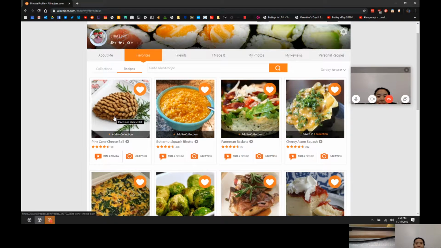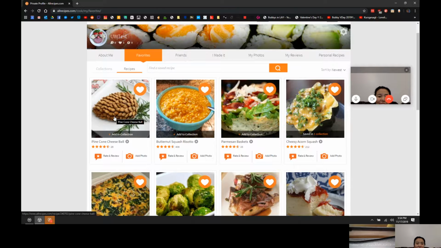And what is your understanding of the purpose of this feature, and would you use this feature in the future? Yeah, I would use this feature because it lets you save recipes easily and just exclusively look at the ones that you personally want to make. Good point. All right, and